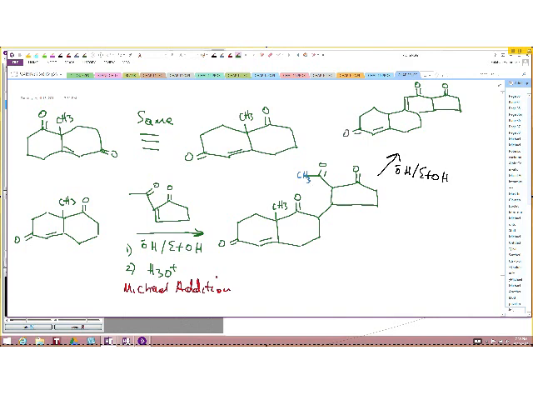Okay, and then finally, if I want to do alkylation, step 1, LDA, step 2, I could alkylate this carbon right here. Keep in mind there is a methyl here, and then what do I get? This carbon right here. I pull off the proton from here with LDA, and then